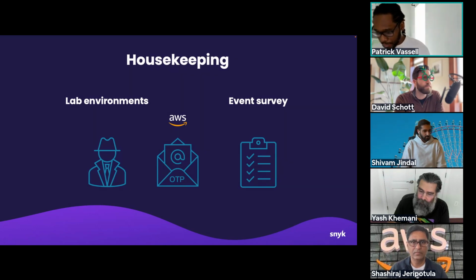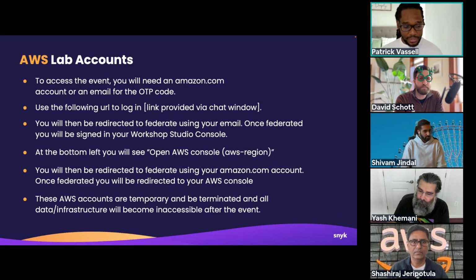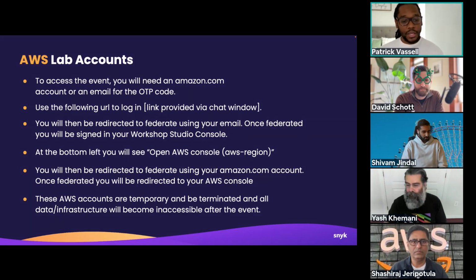And I see that there's a question about, can we do this lab tomorrow? Yes, I'm actually going to give you an extension to 72 hours to access this. So if you aren't able to access this today and run through the lab, you can go ahead and do it at your own leisure. And it's going to be good for 72 hours from now.